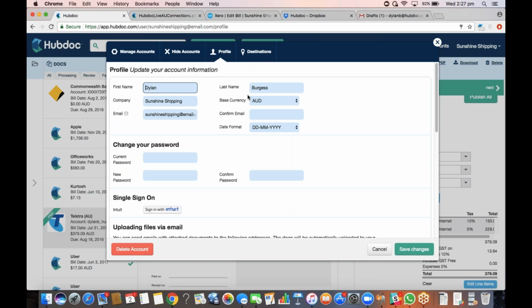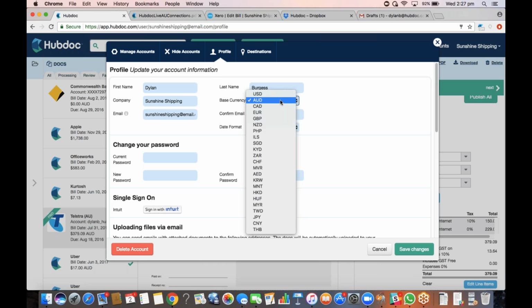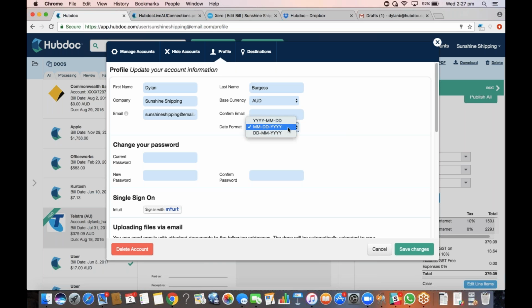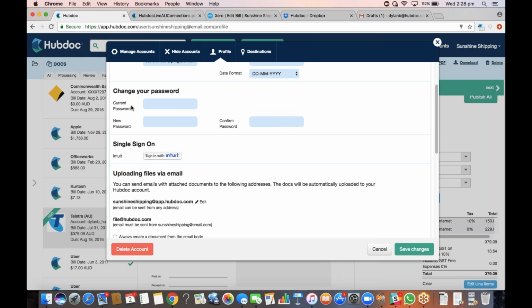So swinging across to the Profile tab, this is where all of your general account settings are. So this is where you could change your name, your company, email. One thing to note is sometimes when it gets set up, it may be set up in a different currency. So make sure your base currency is selected as AUD. And also sometimes the date format is set up in the North American date format. We are a Canadian-based company, so we do apologize for that. But if you wanted to change that, simply go here and select day, month, year, so that it is in the Aussie format. You can change your password here too by using that,